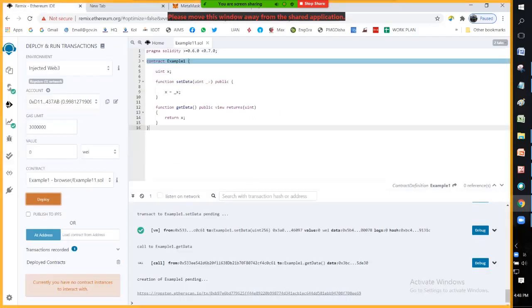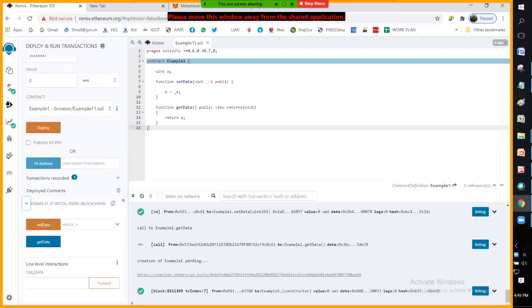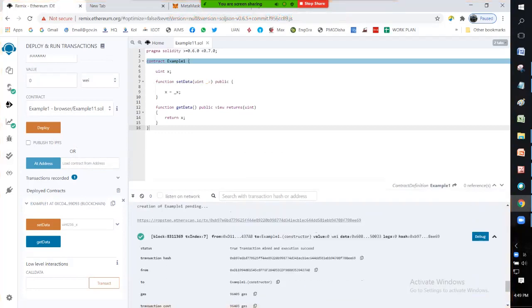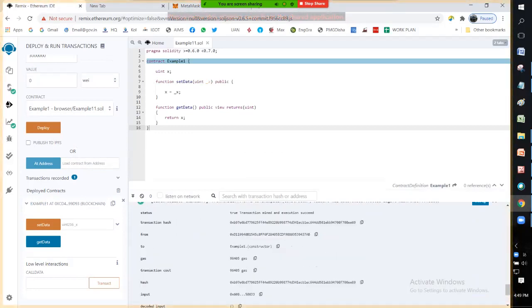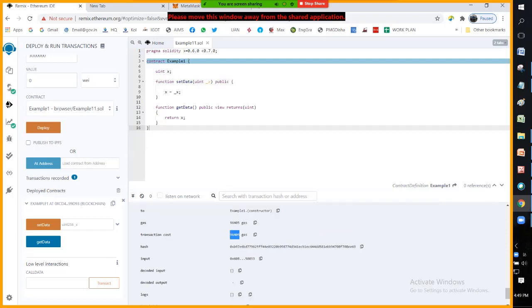So close it and go into Remix, and you can see that since the transaction was successful, I'm able to open the deployed smart contract. See over here, and from here also you can verify whether everything went well or not. Let's see. So this is the address from which I have deployed the smart contract, and you can notice that this is the same amount of gas that it was showing. It is the same value over here also, and this is the hash value of the entire transaction.